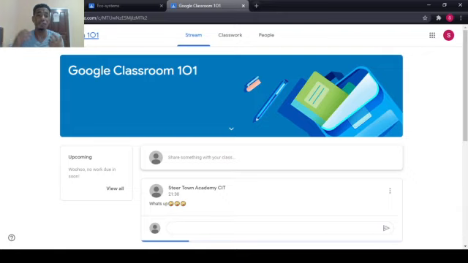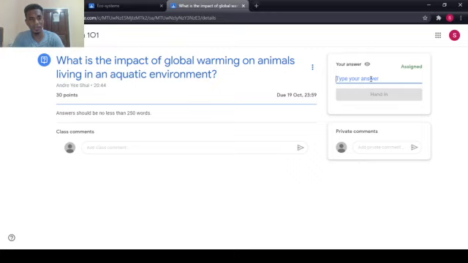So the question asks, what is the impact of global warming on animals living in aquatic environments? Teacher's asking you to write no less than 200 words. I'm not going to write 200 words. But what you do is you go over to the right hand side over here, and you type your answer. I'm going to type something simple. It's supposed to be 200 words, but I'm just going to type something simple to say that,